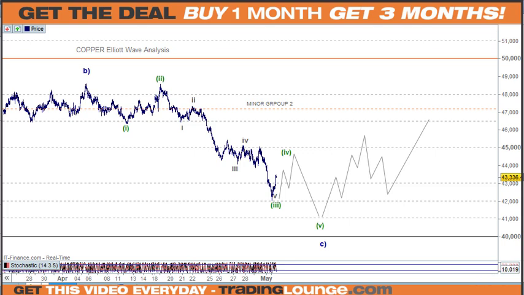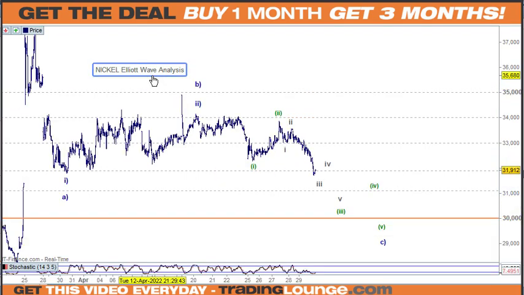Righto, so that's copper. And nickel, we're looking at this here as the A wave, or wave 1, and then the A, the B and the C here for wave 2 or B, and then down for 1 and 2 and 1, 2, 3, 4, 5. So we're going to be moving down below the 30 here for that as wave C, maybe wave 3, I'm not sure. It's going to take a while to work all of this out. Certainly looks like we're going to be dancing with the 30 here in due course. So still bearish.